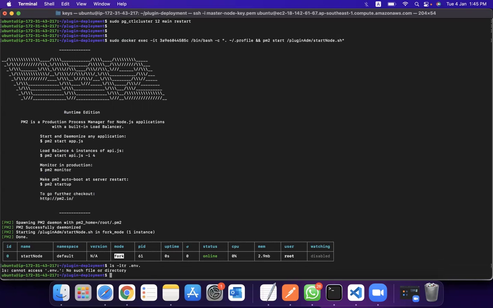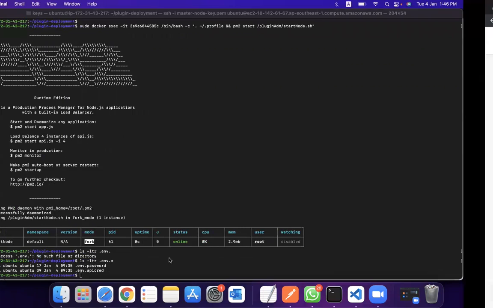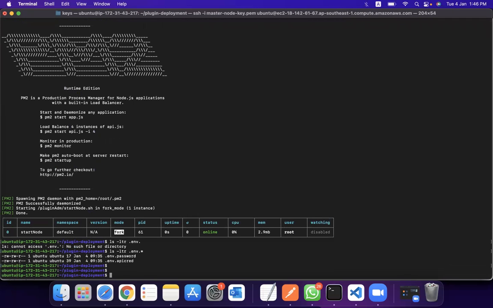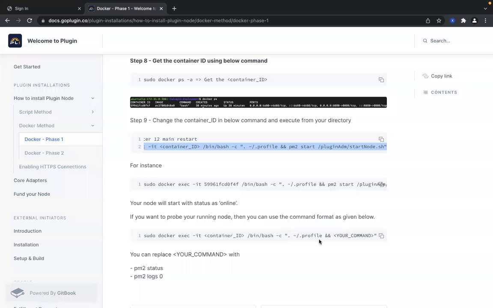This command will use this env password as the keystore password, and API cred as the email ID and login password for this UI. You can check the logs. Whatever command you want to execute inside the container, you can just use this command.